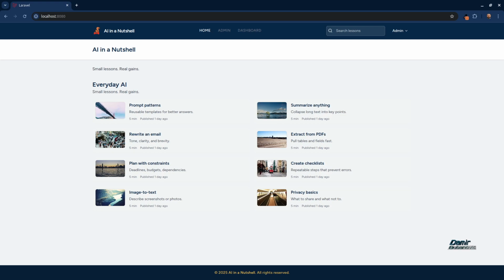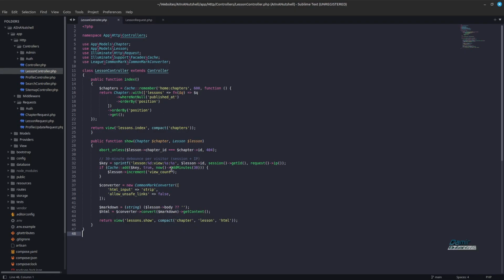Let's look under the hood a little bit. Here we have two files, lesson controller and lesson request. For the lesson controller, we are caching chapters and published lessons for 10 minutes under home chapters. Eager loading lessons sorted by position,